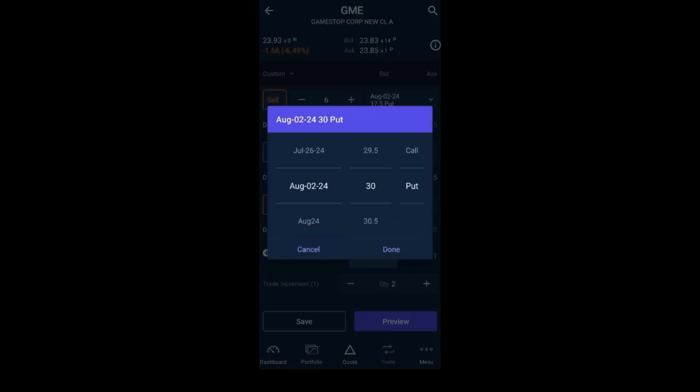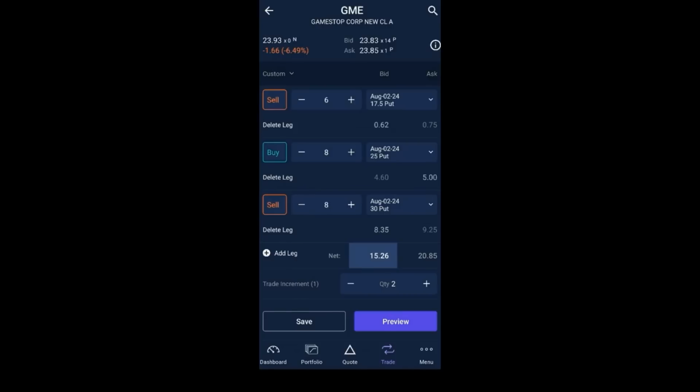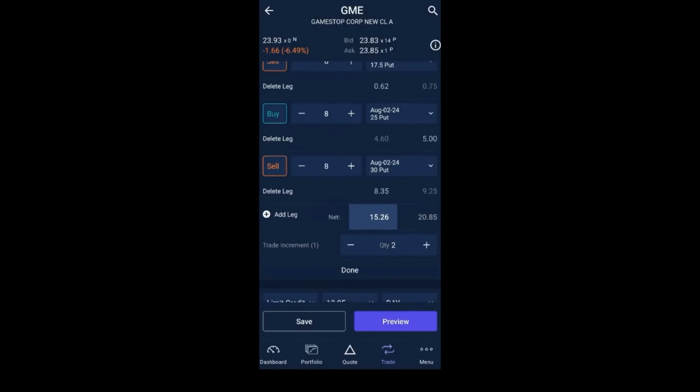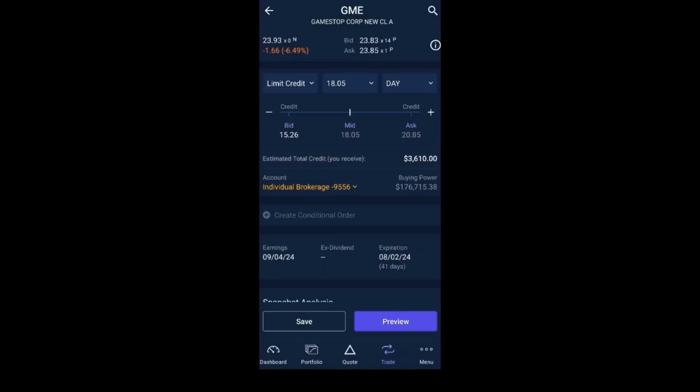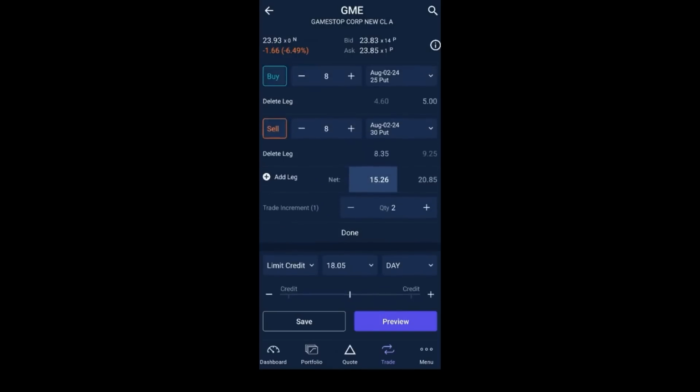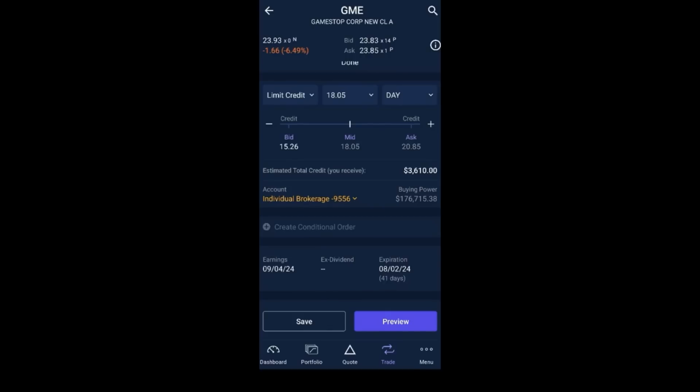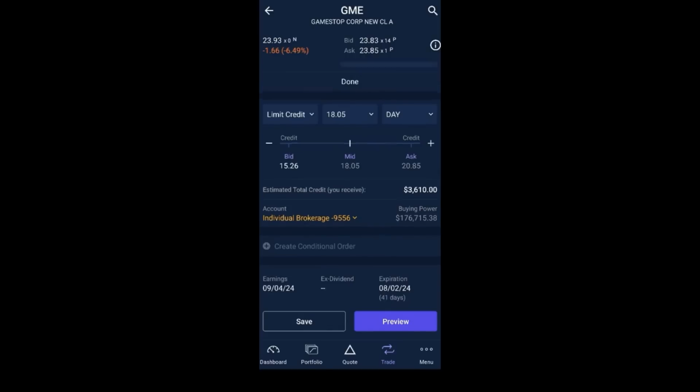The alternative to this would be to actually sell an in-the-money put credit spread. And basically, the only thing I would need to change is to switch this from a call to a put. Everything else would be the same. I would then receive significantly more money. And you can see in this situation, I'm actually picking up $3,610. So I'm collecting that money up front. I can then buy some short-term treasuries or utilize a box spread to get some riskless additional profits.